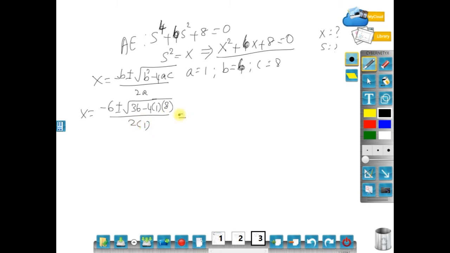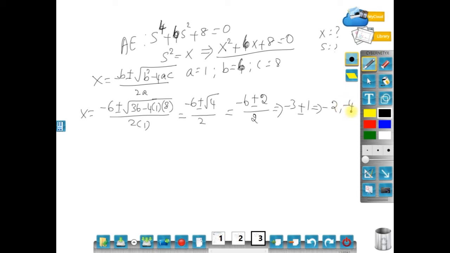That equation will be minus 6 plus or minus root of 36 minus, actually 32, is it not, 4 divided by 2. Minus 6 plus or minus root of 4 is 2, divided by 2. So minus 6 plus 2 divided by 2, we can write it as minus 3 plus 1 or minus 1. I mean either the answer may be minus 2 comma, there are two solutions for this problem. So minus 2 and minus 4.